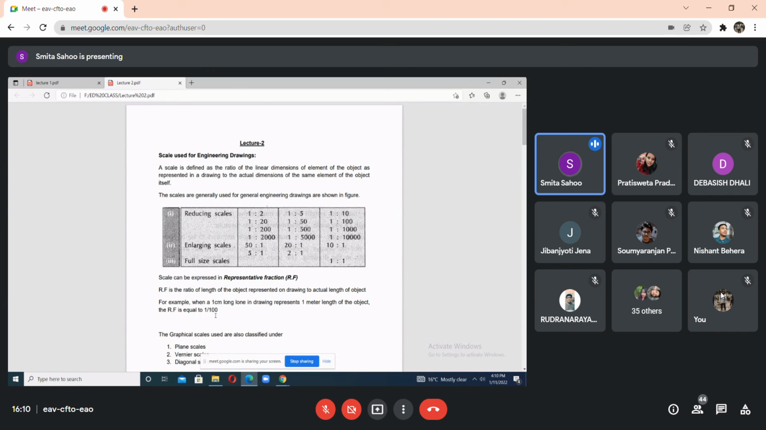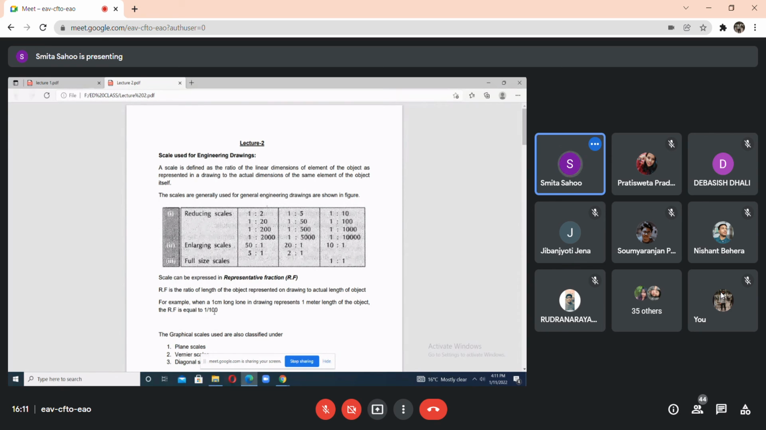Now the scale can be represented as the representative fraction, RF. What is this RF? This is the ratio of the length of the object on the drawing to the actual length of the object. For example, when a 1 centimeter long line is taken as 1 meter of the object, it's actually 1 meter, and we are taking it as 1 centimeter. Then how much will we have? We'll have it as